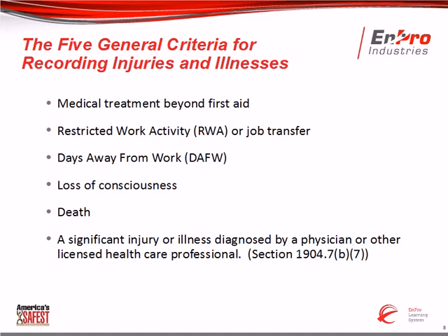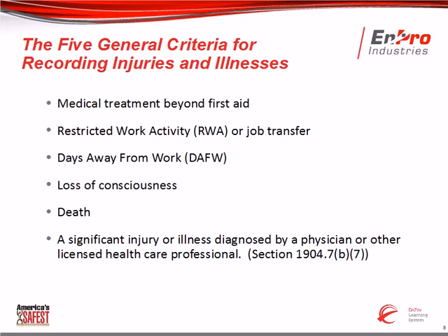In the past, things such as death or the hospitalization of 3 or more employees were automatically both recordable and reportable, where you actually had to call the OSHA office and report those. There have been some changes to that. They were just announced in early September, and they're being rolled out January 1st of 2015. A death would still require a report to OSHA, and that would include a heart attack in the workplace, things along those lines. But they've also reduced the hospitalization requirements. It's no longer 3 or more employees.